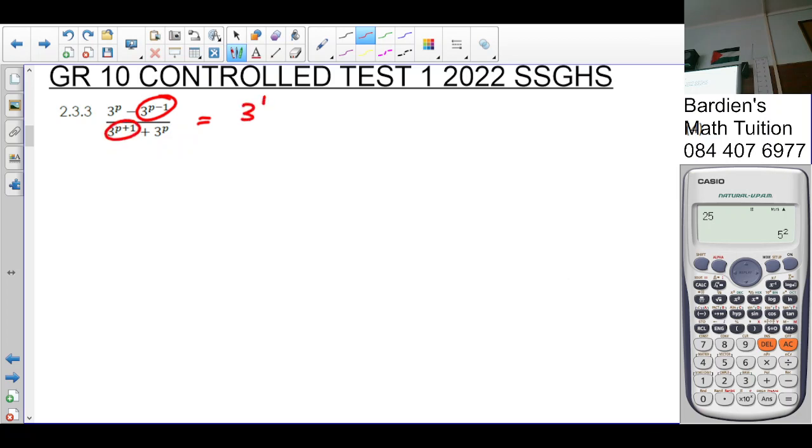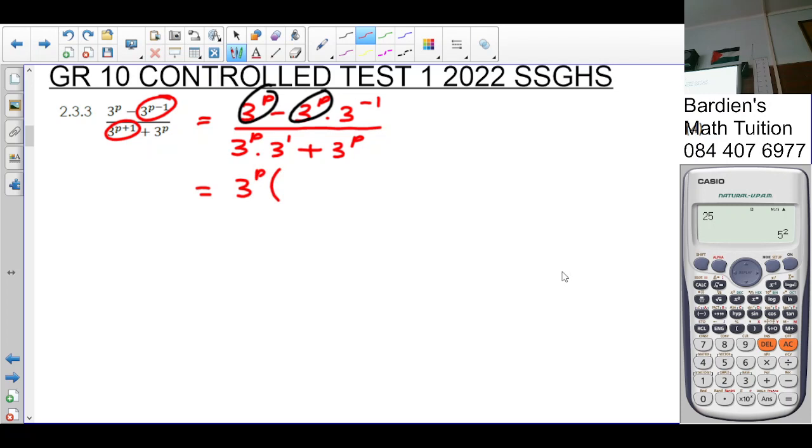So it's 3 to the p minus 3 to the p times 3 to the negative 1 over 3 to the p times 3 to the 1 plus 3 to the exponent p. So what is common? 3 to the p. I took that whole term out as a common factor. Leaves with 1 minus. Okay, take this out as a common factor. 3 to the negative 1 over 3 to the p into 3 plus,